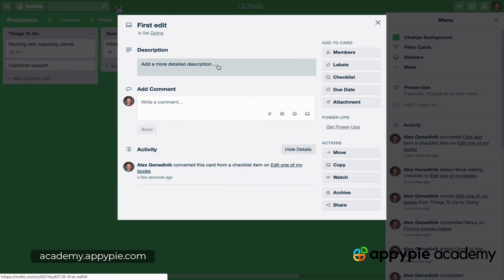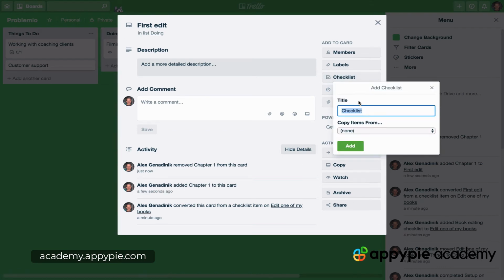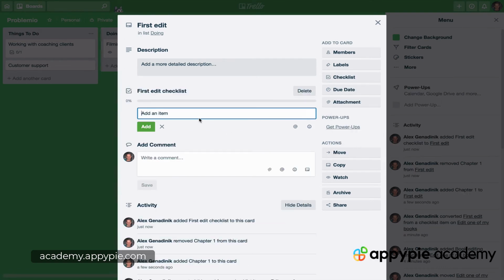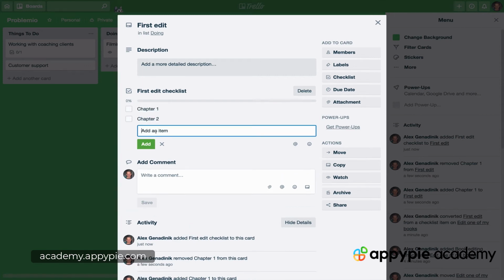And in the first edit, I can do the same thing. The first edit, what does it require? For example, I can create a new checklist. So now I'm creating a new checklist and I'm saying first edit checklist. And in that, I'm going to say chapter 1, chapter 2. I'm going to say add,